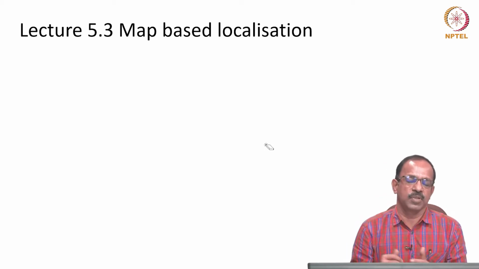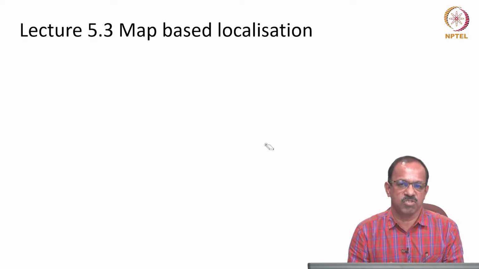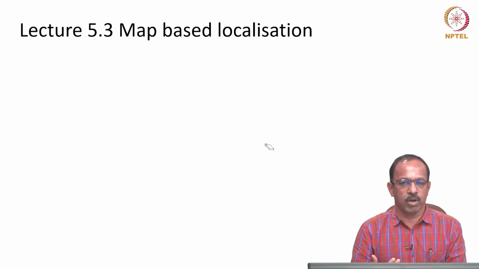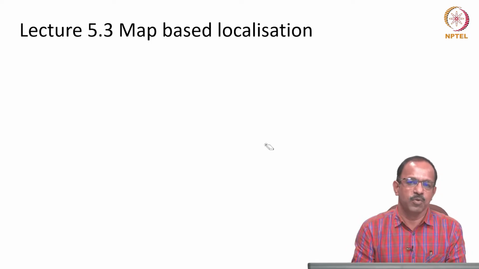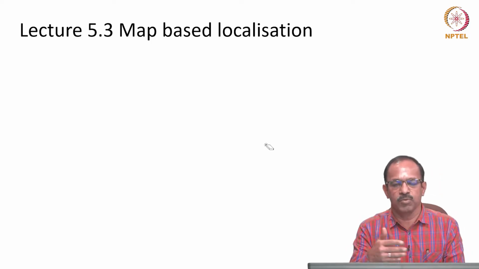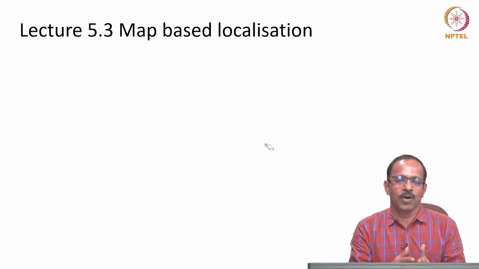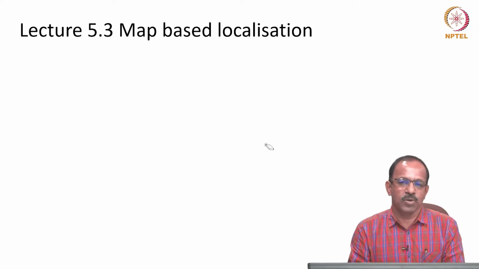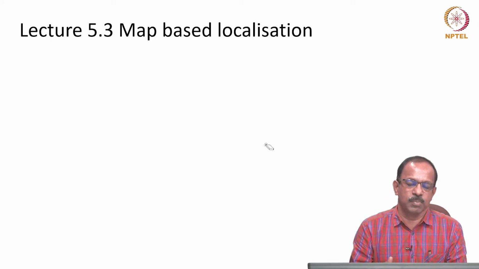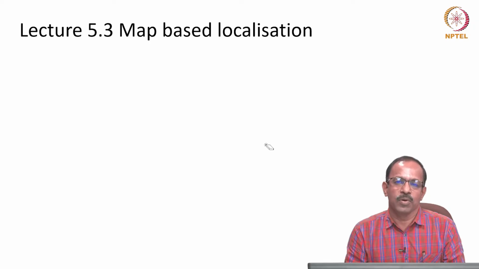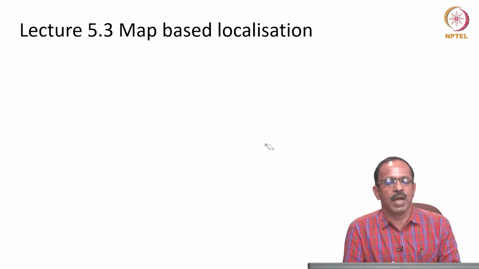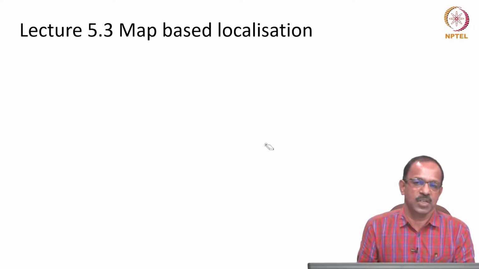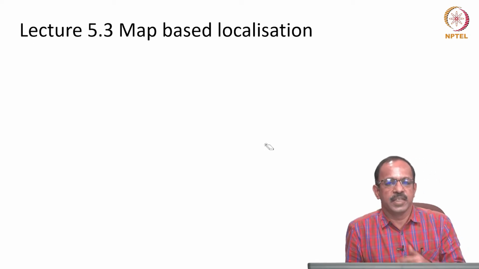So, there are two steps, prediction update and a perception update in map based localization, and I explained how it works, basically explaining using a scenario. I explained how this actually works. So, in this lecture we look at more its mathematical formulations, how algorithms can be used for this matching of the information and then updating the position.